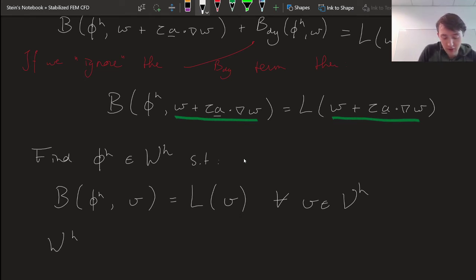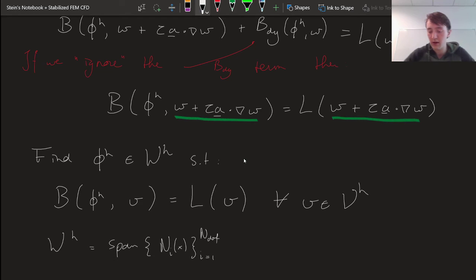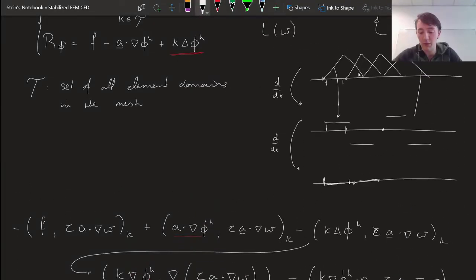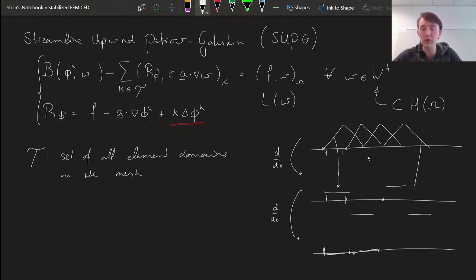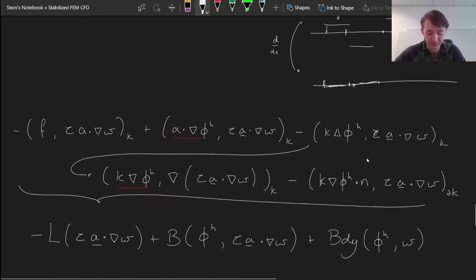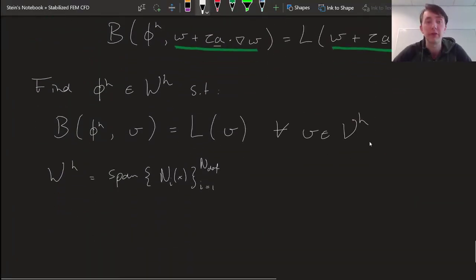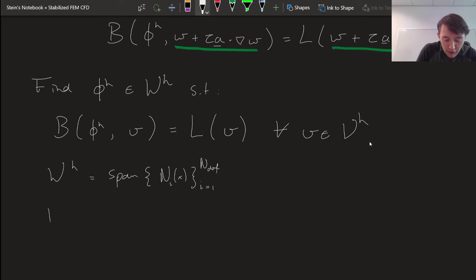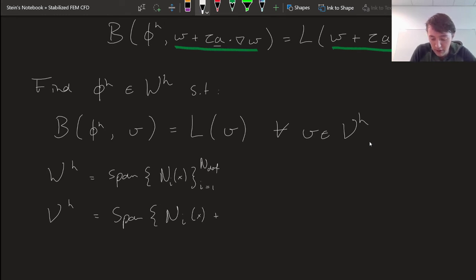remember that W_h was the span of a couple of basis functions N_i, from i equal to 1 to the number of degrees of freedom. Those will be these linear hat functions. So W_h is the span of these linear hat functions. The span means that any linear combination of these hat functions is in that space. So it's a vector space by definition. And now my new space V is going to be equal to the span of N_i plus tau A dot gradient of